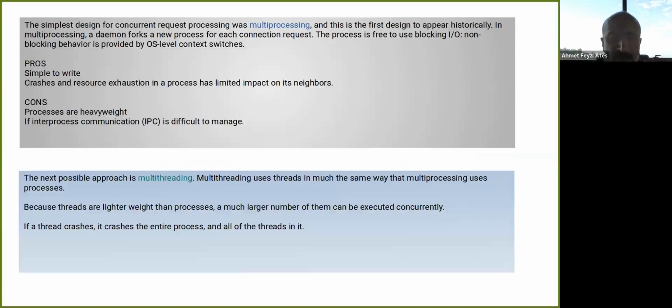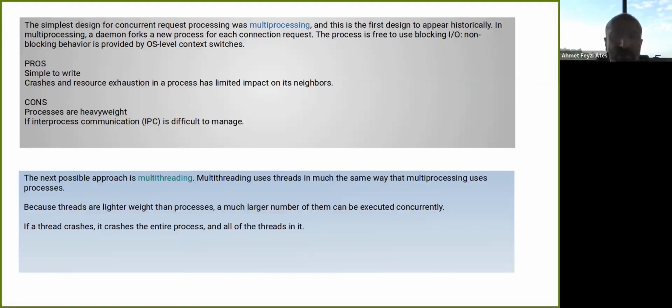Let's look at some history. Since we pay so much money for CPUs, we want to utilize them. So in the old days of programming, people started to look for ways to utilize the processors. This is actually the birth of the concurrency topic.